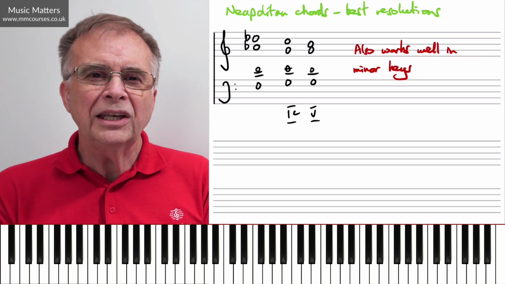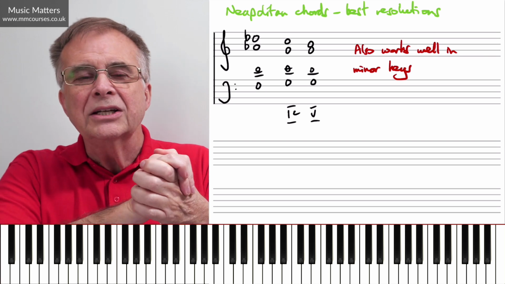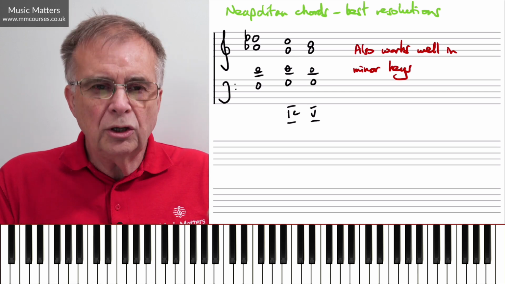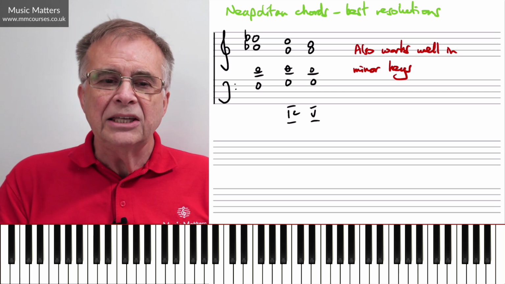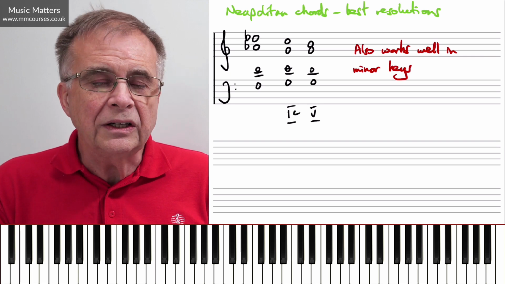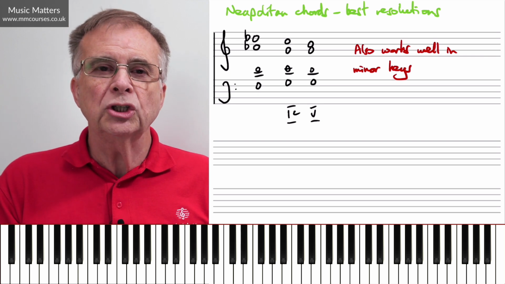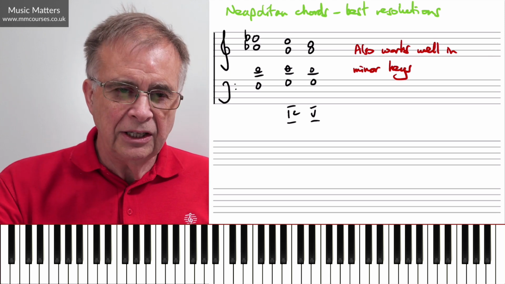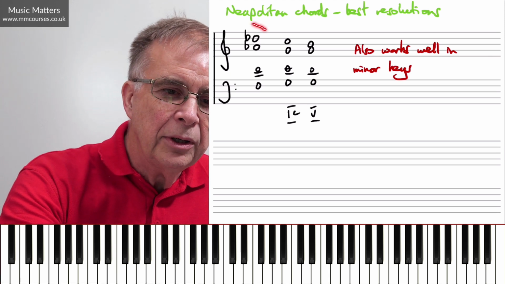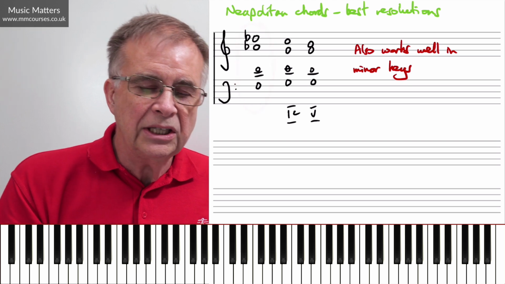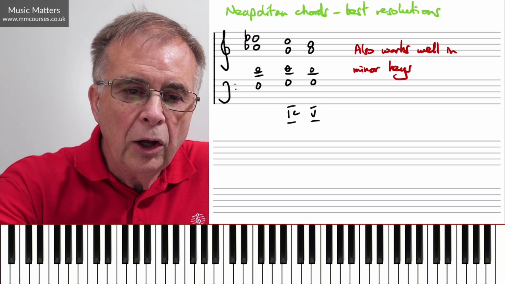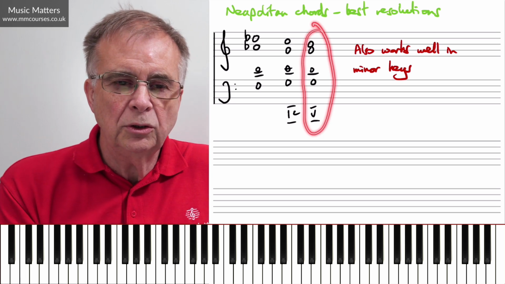Now, there's one thing you can do to enhance another option. So instead of going straight to the dominant, one thing you can do is to use chord 1 in second inversion before you go to the dominant. So let's have a think about this. Here's the Neapolitan in C major. I'm using it in first inversion, that major chord on flat 2. We're on our way to the dominant chord.